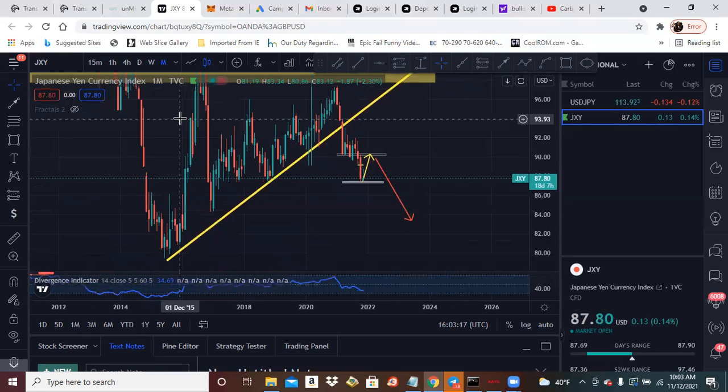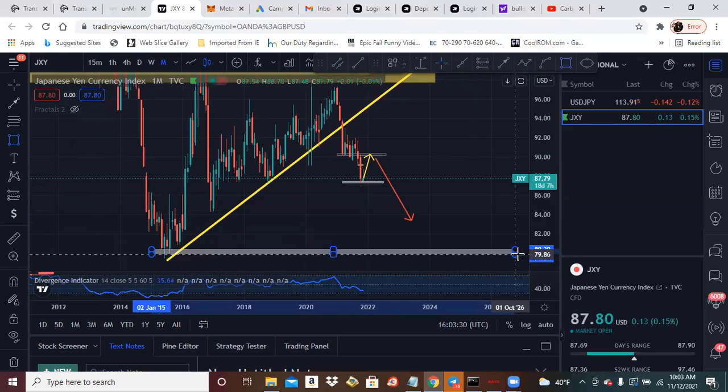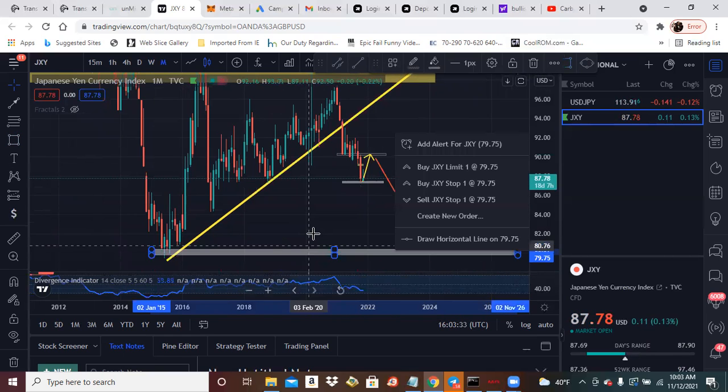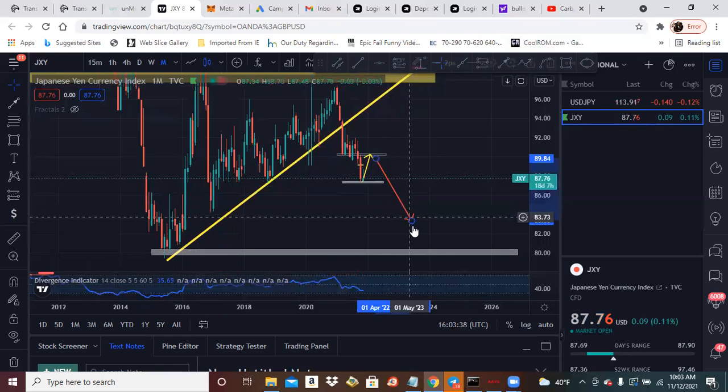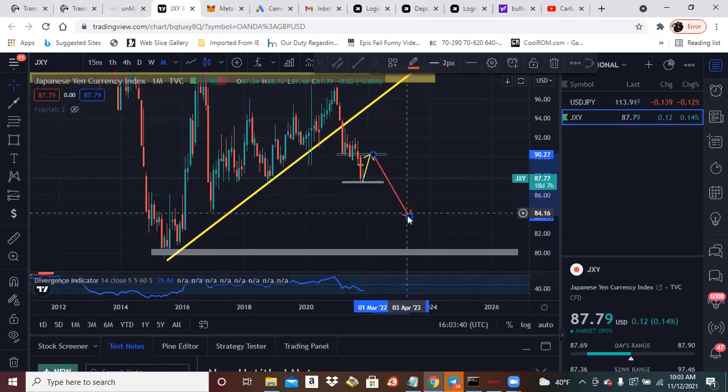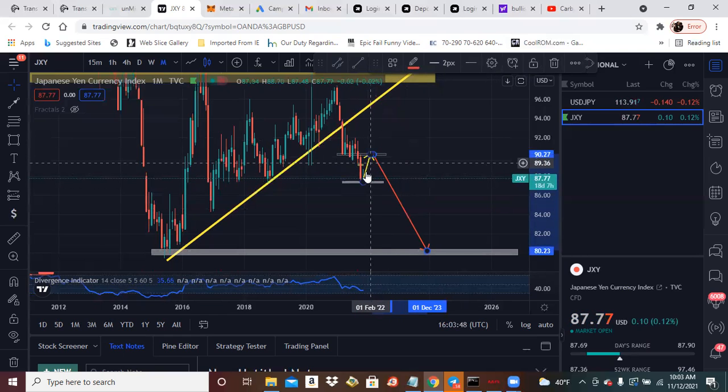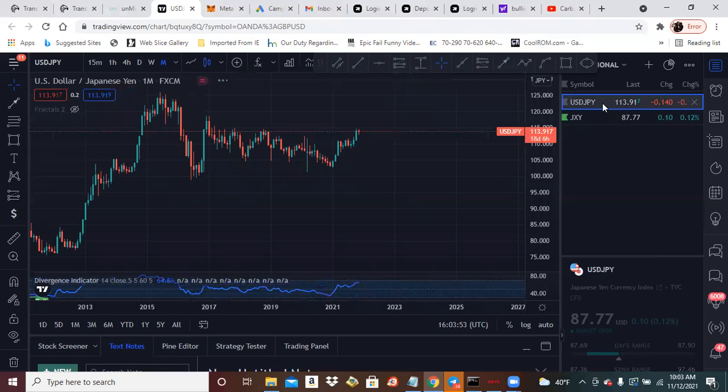This might not be too good for anyone investing in the currency index of Japan. You're going to lose money, especially when it comes back to these structural lows. The structural low of the structure is 79.75 or 80. So this is a possible move, which would mean UJ would probably go to like 120 something. But we're waiting for this retest. Or it might not retest, it might just continue down. But with that being said, with the UJ,